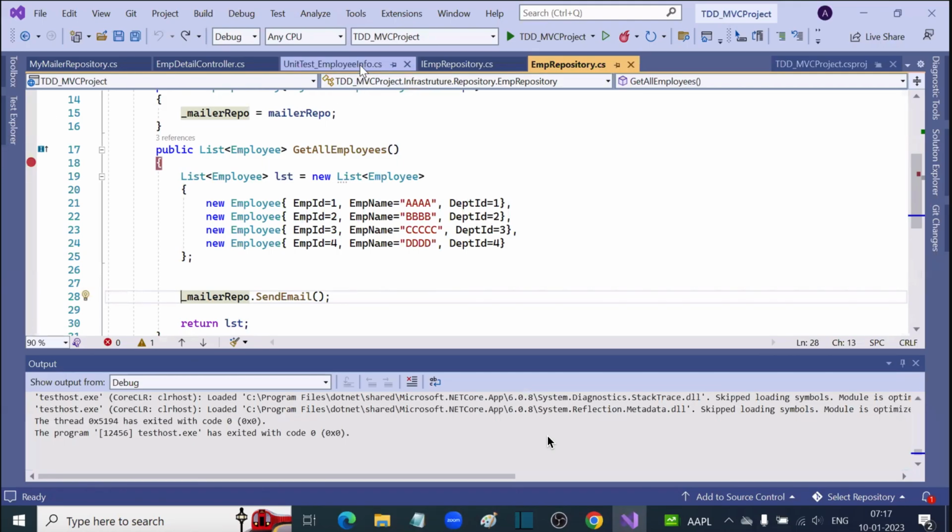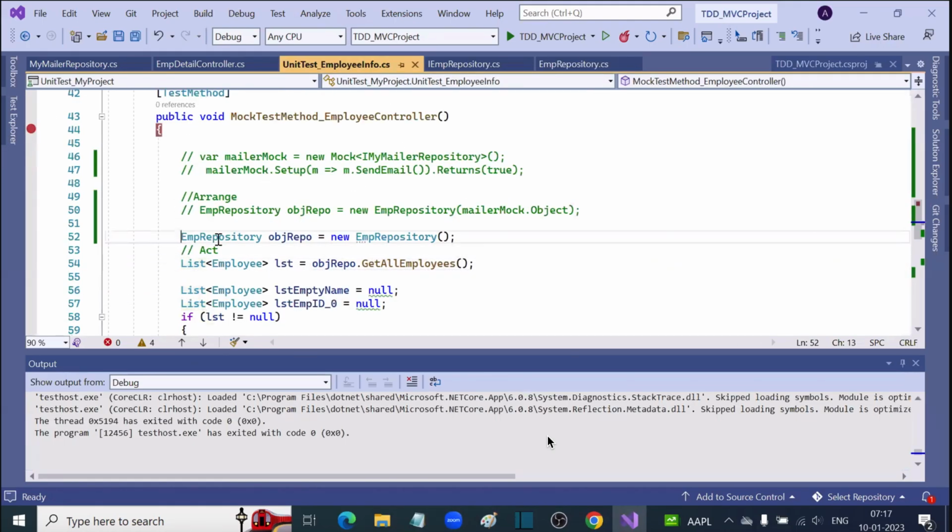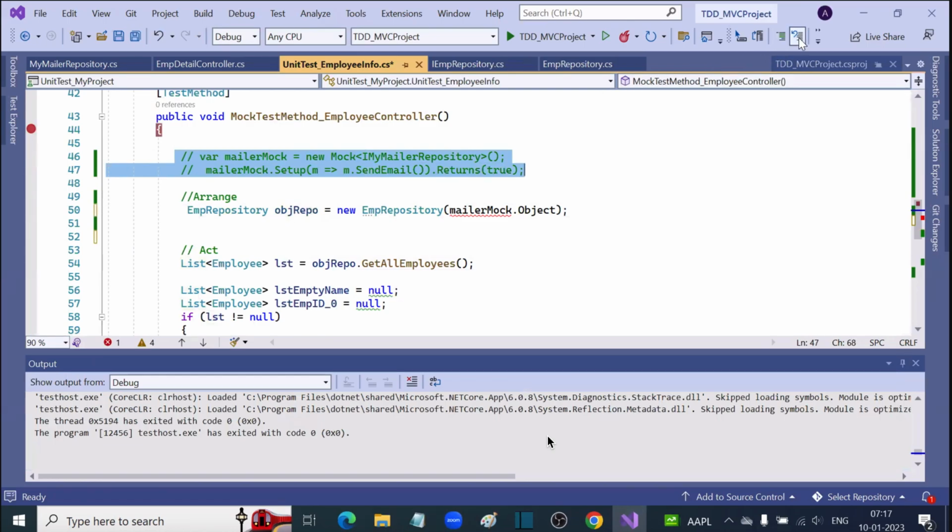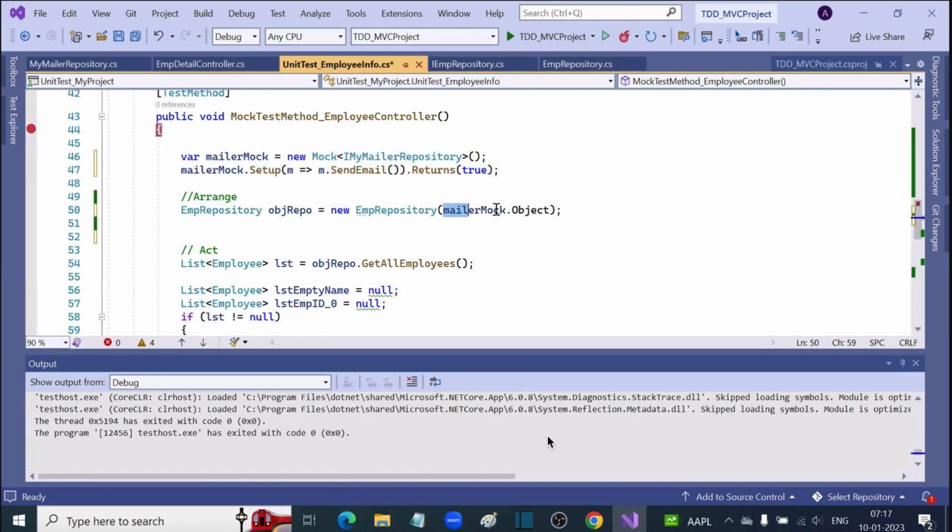Now I will activate those 2 lines of code again. This way I don't want to create the object. I want to create the object this way, and before that I want to inject the dependency. In the bracket, whichever object you have created, that I'm passing, and inside that there is one property called Object, which will have the information about the mocking. So in the mock class object there is a property called Object. In that all the mocking information will be kept that I'm passing there, so that it will understand this function has to be mocked up,